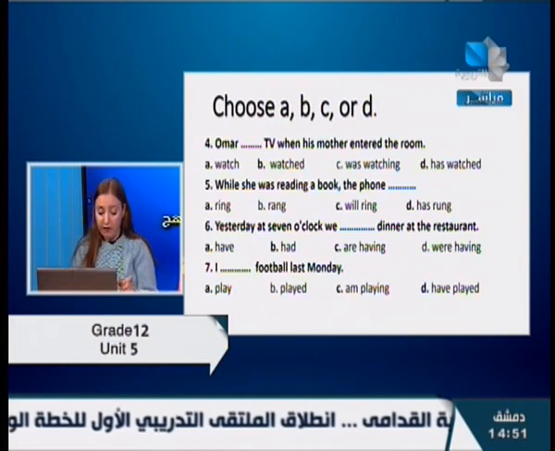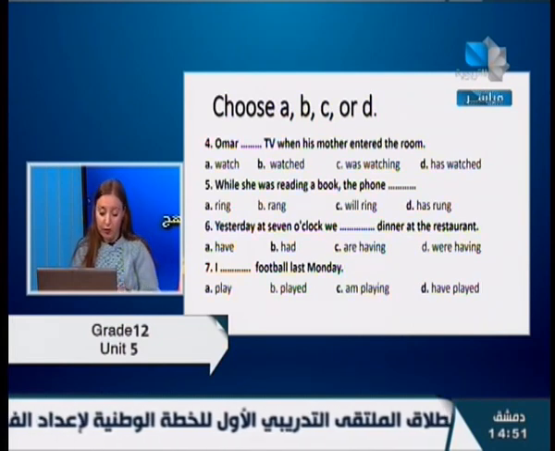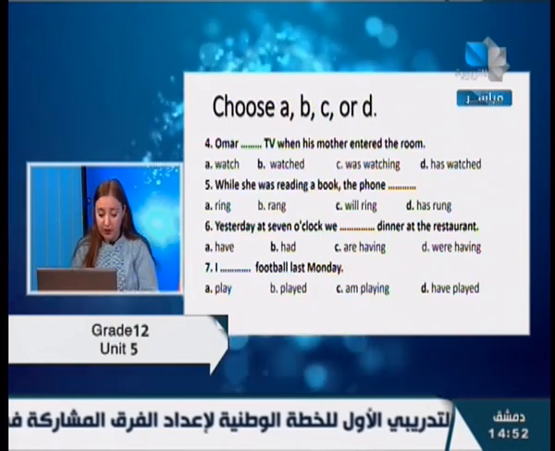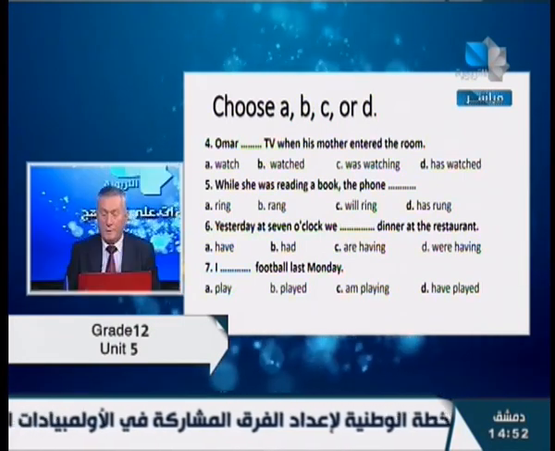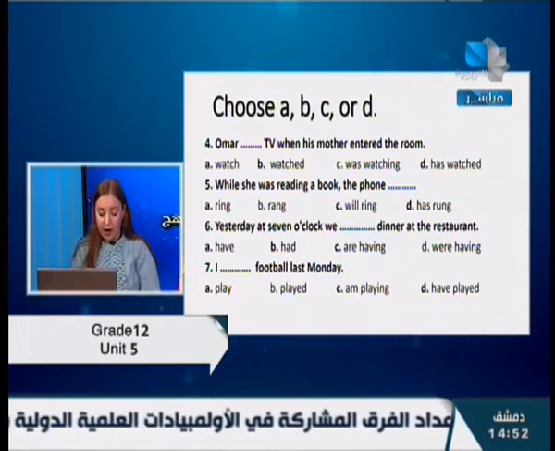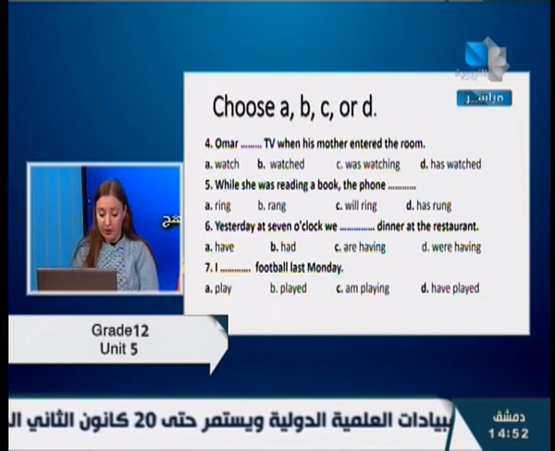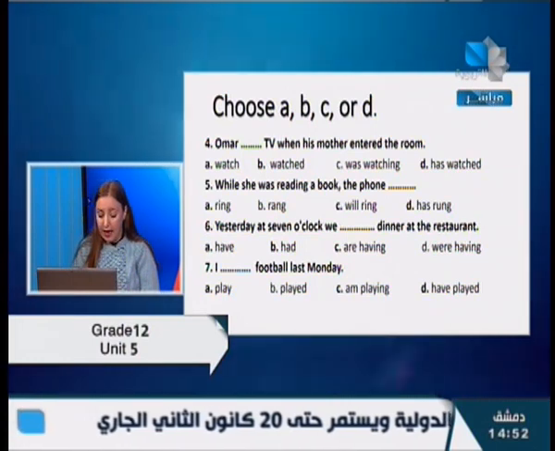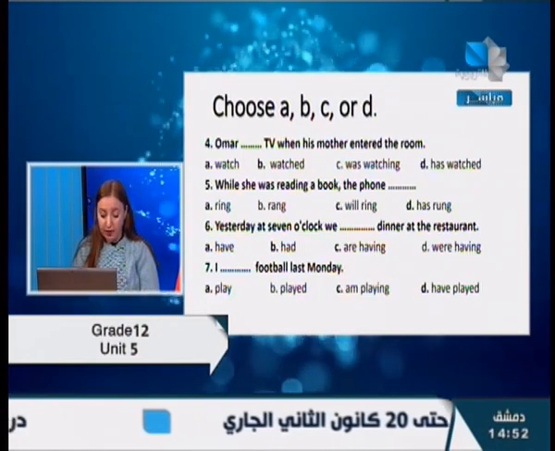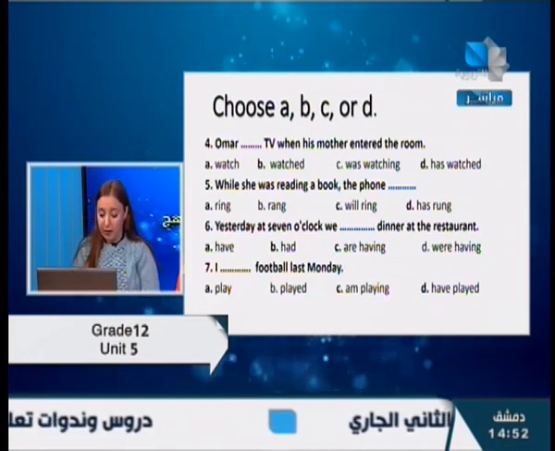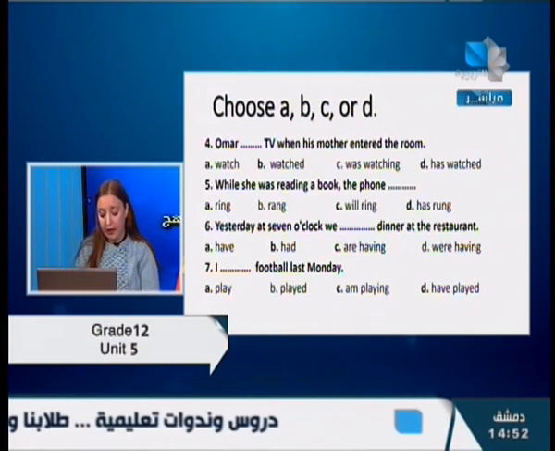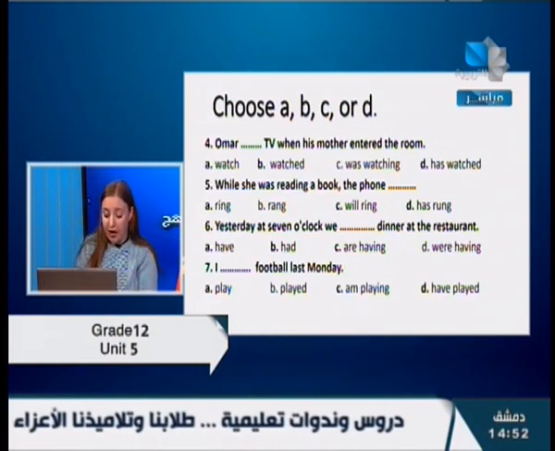So here we have a specific period, so we're focusing on the duration. Yesterday at 7 o'clock, we were doing something. So "have", of course, doesn't go here. "Be had" needs time, it takes time. And "are having" is present continuous and it doesn't fit here with the past. So the only possible and correct option is D, "were having"